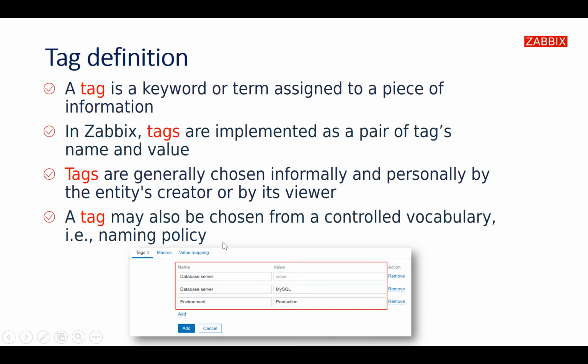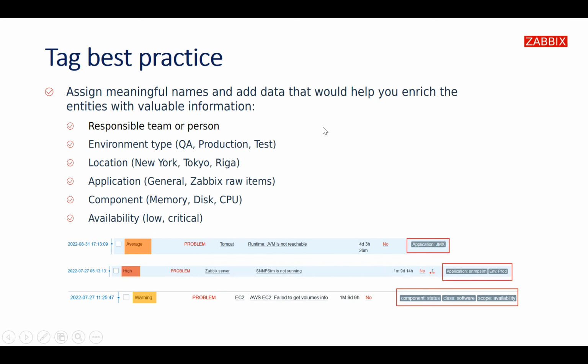Tags are generally chosen informally by the person who creates some entity or views the resulting data. But of course, this tag naming policy can be regulated by your company or some controlled vocabulary. The best practice, the main advice here, is to assign meaningful names that really add and expand information on your entities, like for example defining the responsible team or person, environment type like QA, test or production, location, maybe geographical or the server rack or the server room,